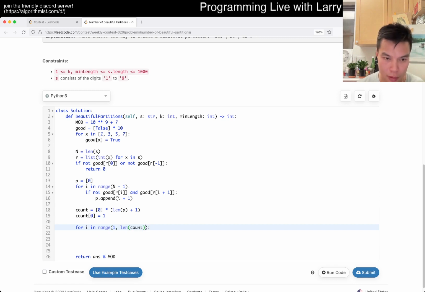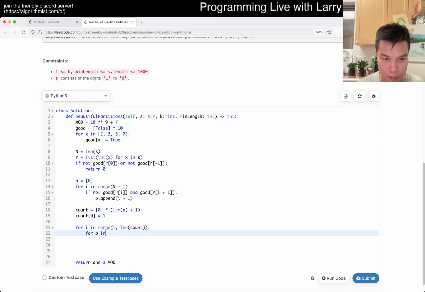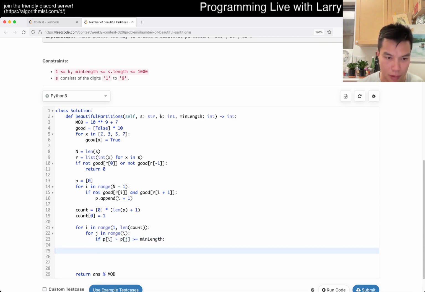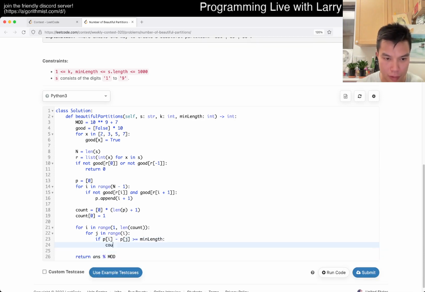I guess this is okay. If P of J, P of I minus P of J is length. It may be off by 1 though, to be honest, so I have to be careful here. Count of